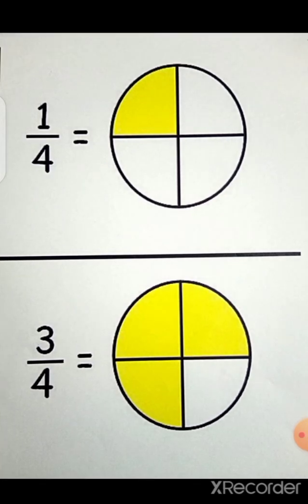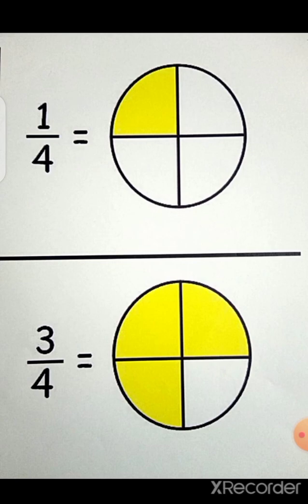In this figure, it is also divided into 4 equal parts and one part is shaded and it is 1 over 4, or you can say 1/4. It means 1 quarter. Have you remembered, last time we did 1 quarter. 1 over 4 means 1 quarter. This figure is also divided into 4 equal parts and shaded parts are 3. Very good. The fraction for the shaded part is 3 out of 4 or 3/4.